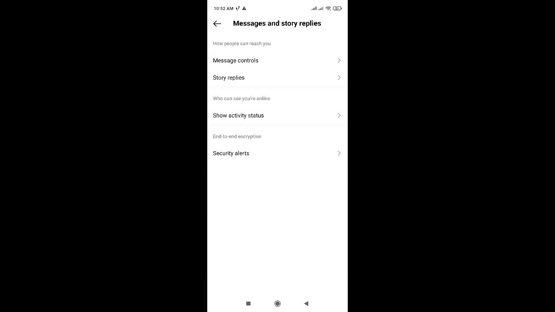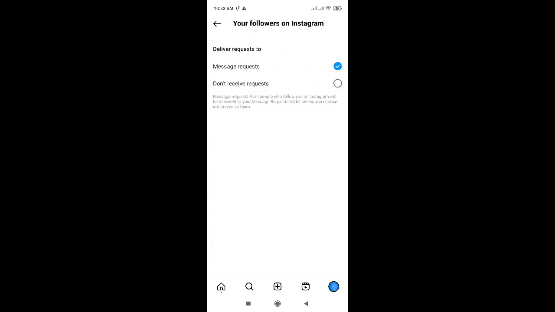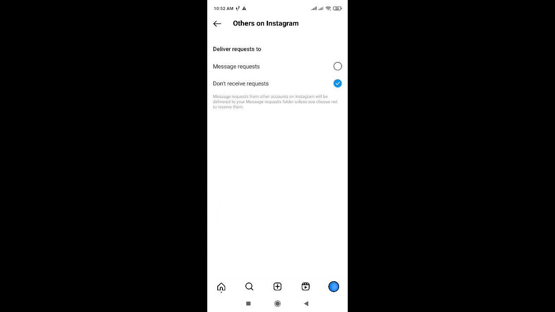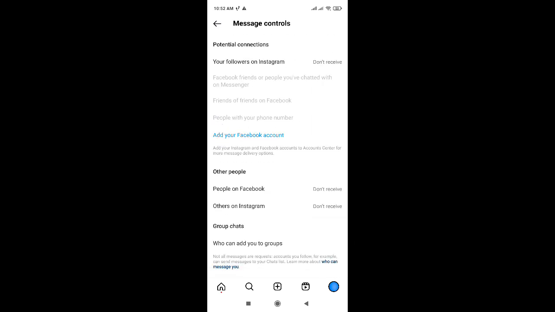Select it. Here select the message controls and here find the your followers on Instagram request. Here click on the don't receive request, and then you can, people on Facebook request you can change to don't receive request too, and others on Instagram don't request here we